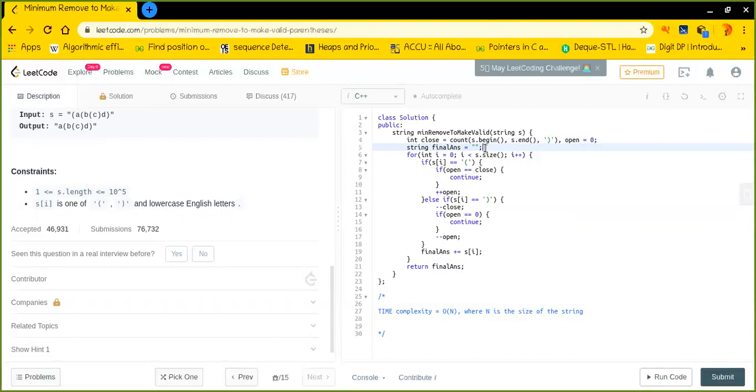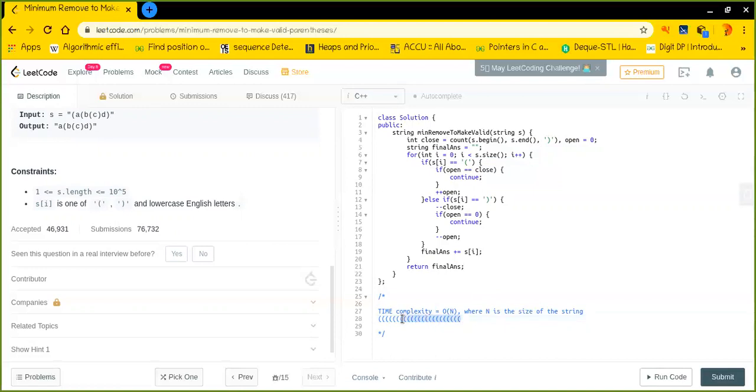Let's say my string is all opening brackets. I will hope that there must be some closing bracket afterward to match my current opening bracket with, isn't it?